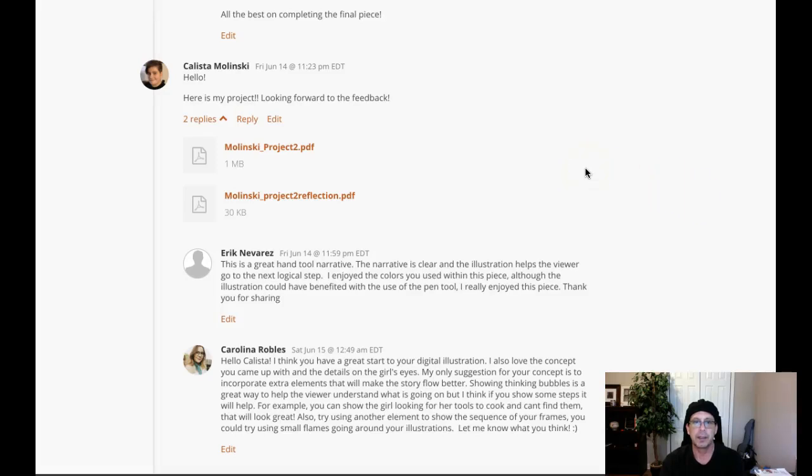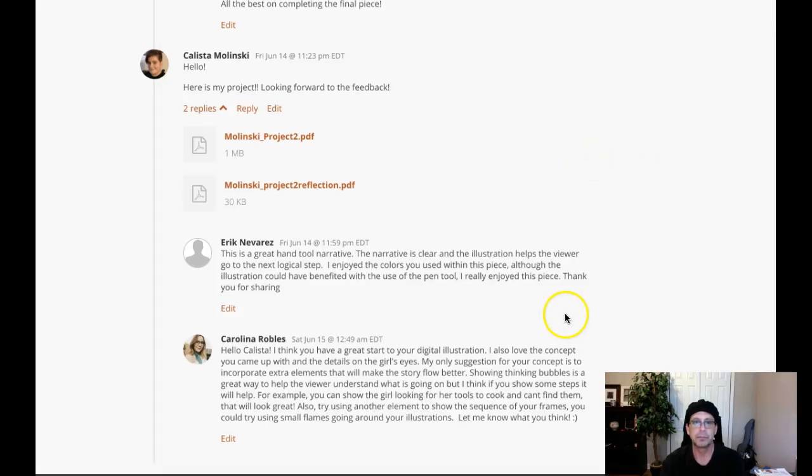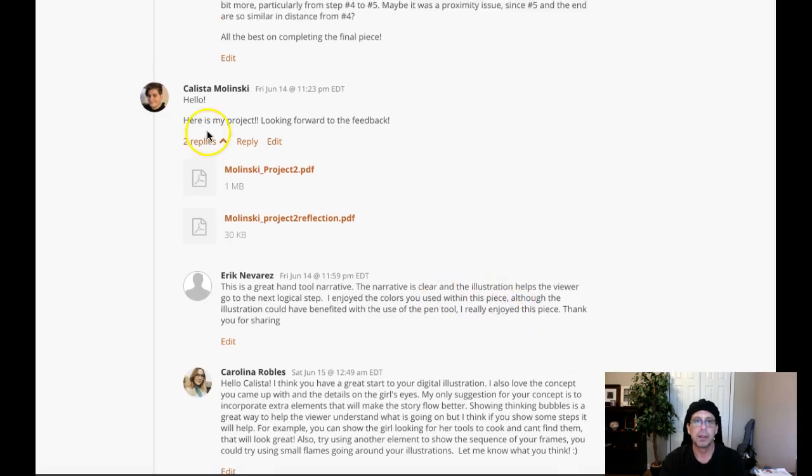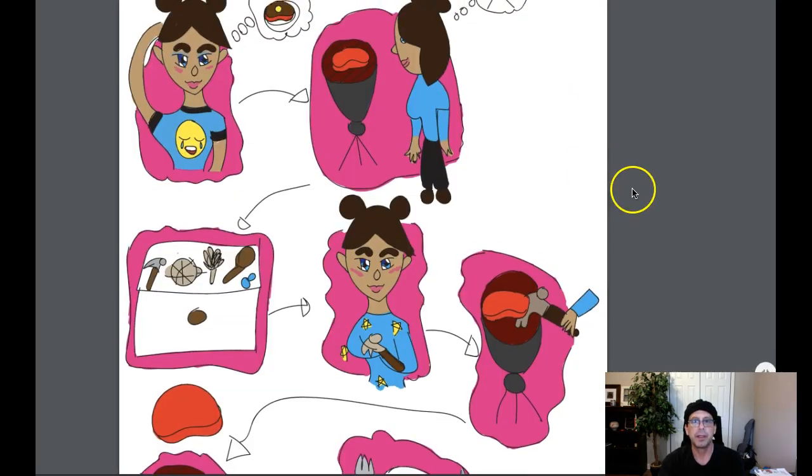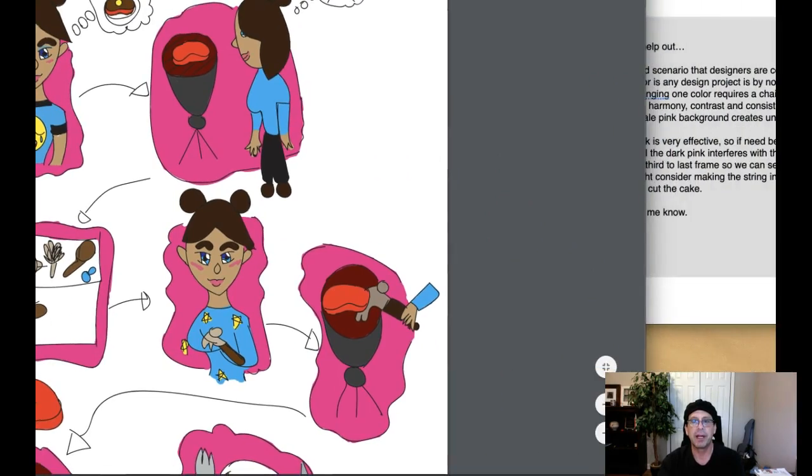Okay, let's go ahead and take a look. No writing, no questions. Let's just jump straight to the illustrations. I'm going to reduce the size of this so we can fit it within the window so my comments